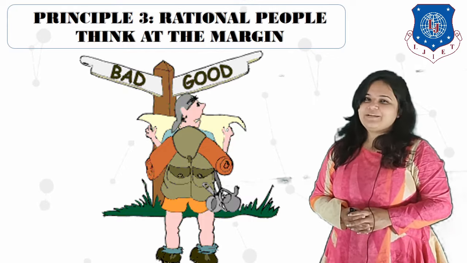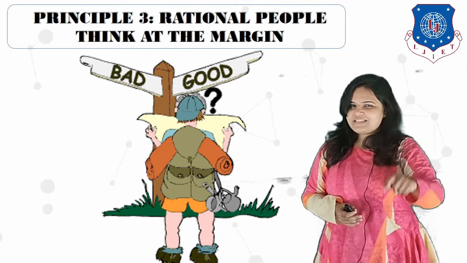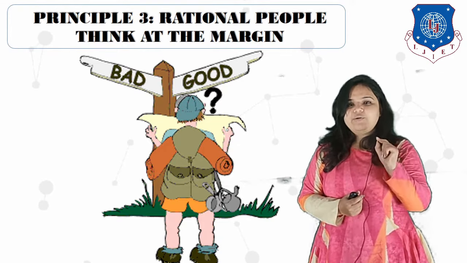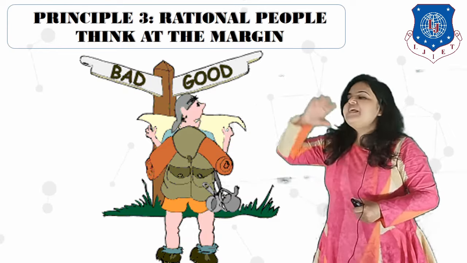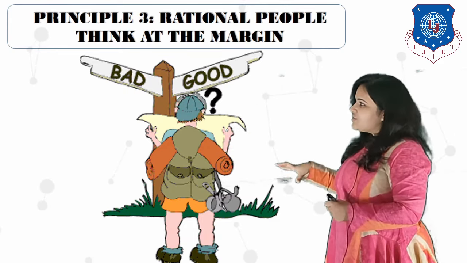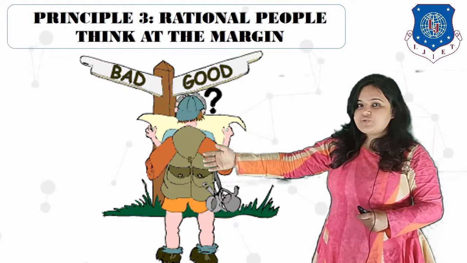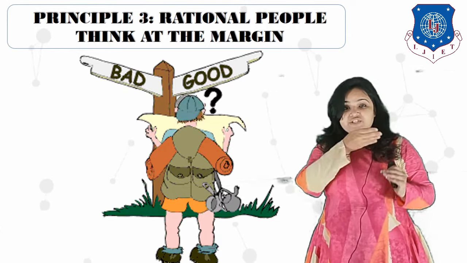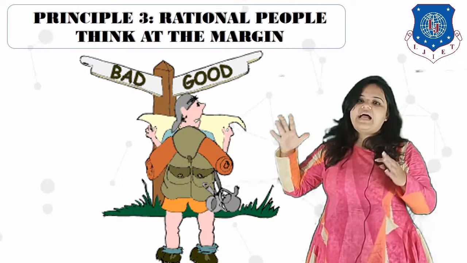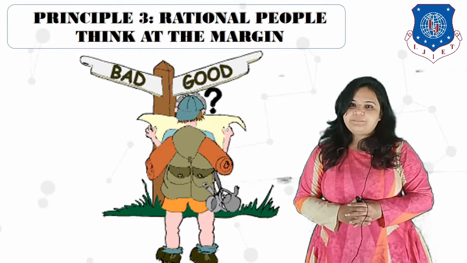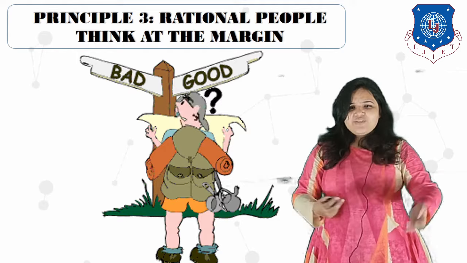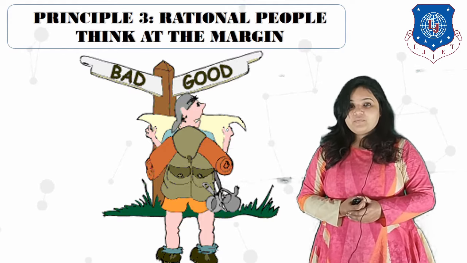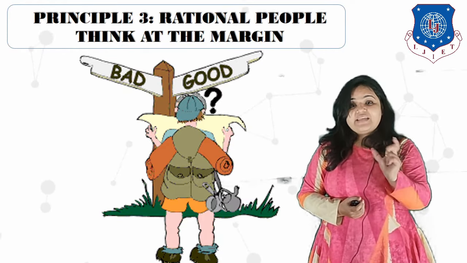I think he should take them, and I think many of you also gave me the same answer. Why so? Because we are rational people. We tend to think at margin. Though I explained to you in great detail that the cost of managing the airlines, the cost of taking the passengers from source to destination is 1 lakh rupees, and per ticket cost must be minimum 500 rupees, only above that it is profitable. I explained everything. But still, we agreed on the point that the passengers offering 400 rupees should be taken. Why so? Because we tend to think at the margin.